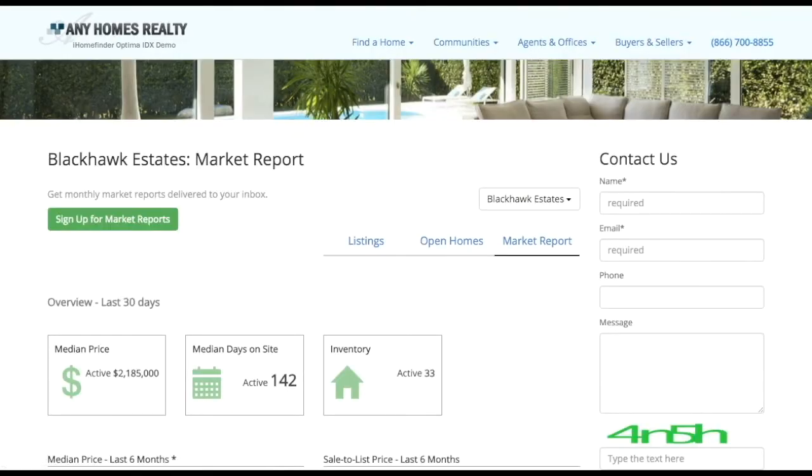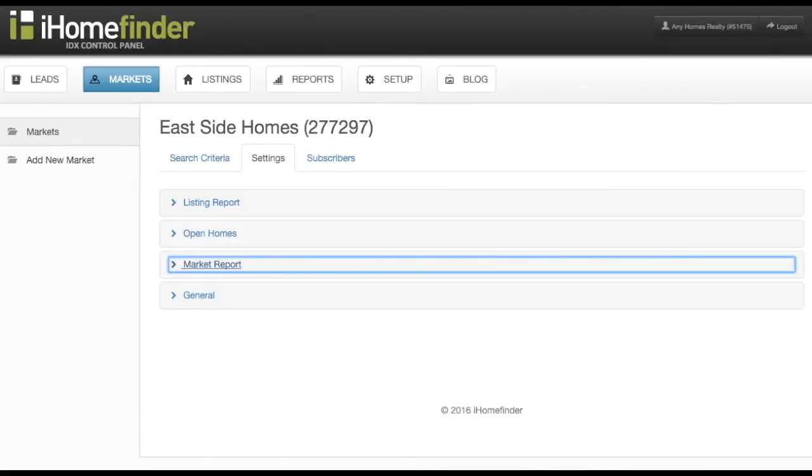Now that you have one or more markets created, you need to put at least one market page on your site. Visitors to a market page can access other market pages using the market navigation menu, if you choose to keep the navigation menu enabled. Alternatively, you can provide separate links on your site for each market page. That's up to you. To add a market report page to your site, you will need to view it first